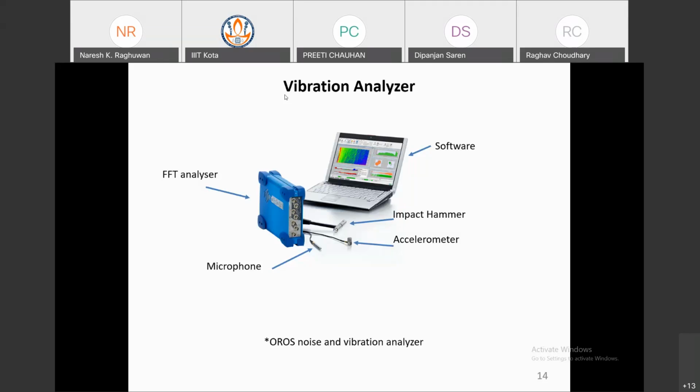Okay, so this is something related to software. You can apply some filters. You can analyze the signal in time domain or in frequency domain. Okay, so on the screen, you can save these figures. Okay, you can highlight at what frequency, what amplitude is there. So the same thing in LabVIEW also, but I think in LabVIEW it is a little less costly than this system.